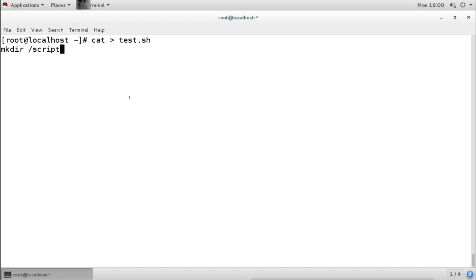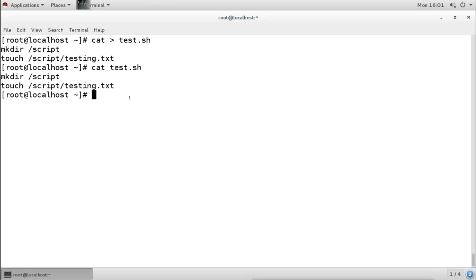The next command I will use is touch, to create a file under that same directory which we have created, script. Then I save the file. So this is the file I created here, and it contains two commands.